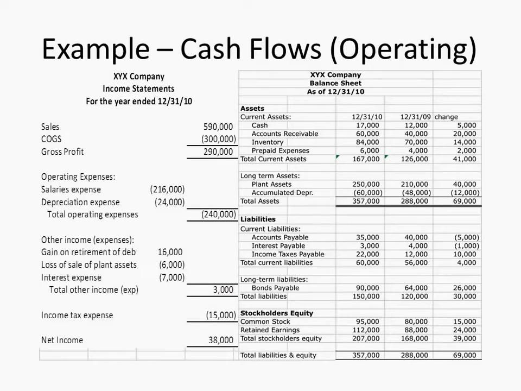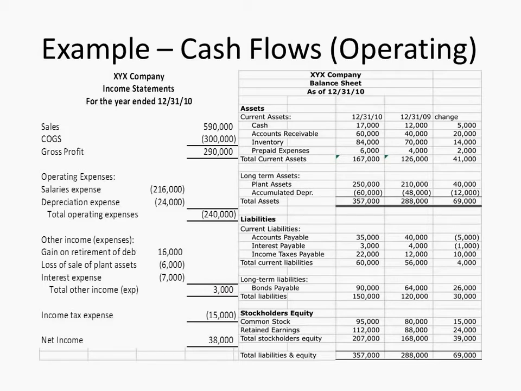Because you actually paid it. If accounts payable went down, think about what the journal entry would be. To decrease accounts payable, what are you doing? Debiting it or crediting it? If you're debiting accounts payable, what are you likely crediting? Cash. So cash went down, right? You can think about this in terms of journal entries. If accounts payable went down, what likely happened? If inventory went up, what likely happened? You debited inventory and you credited cash, or accounts payable, which is why accounts payable is a related account here. Got it? Okay? So you're using things that all fit together.